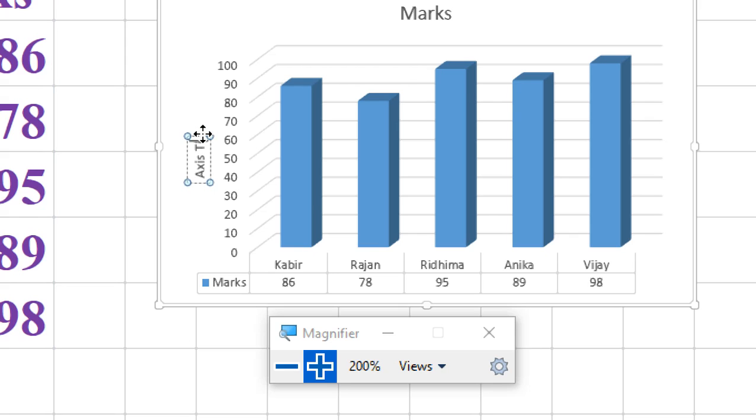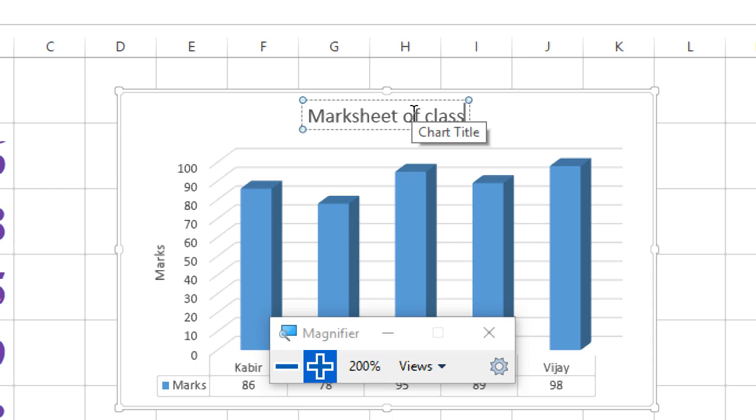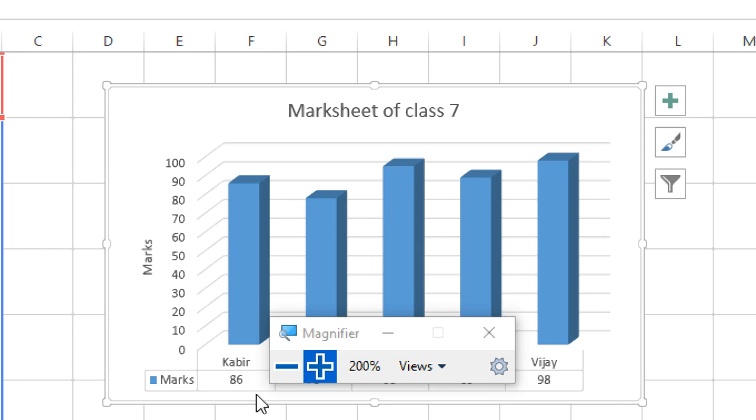Here the marks, as this blue color you can see, is showing you the legend. Here we can give the chart title as per our choice, जैसे कि mark sheet of class 7. Clear? This way we can change the different layouts of your chart after creating it.